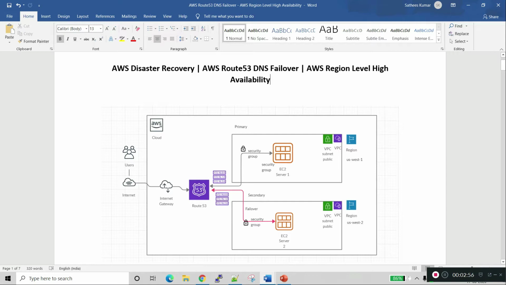Okay, so we should start using the secondary server, and for this secondary server we can also configure auto scaling. Auto scaling up and down we can configure, and it will scale based on the load.